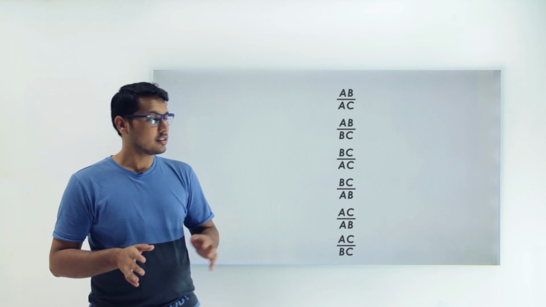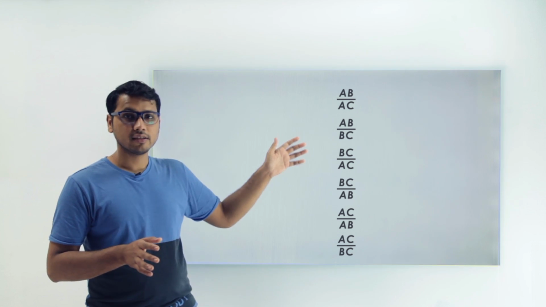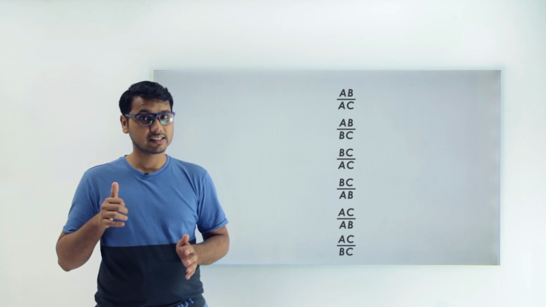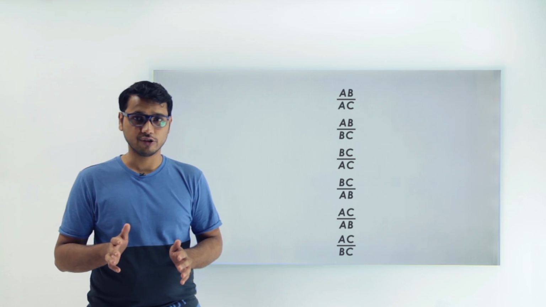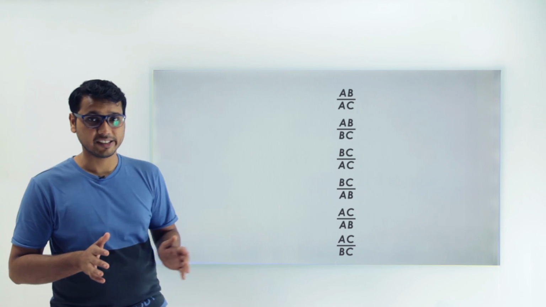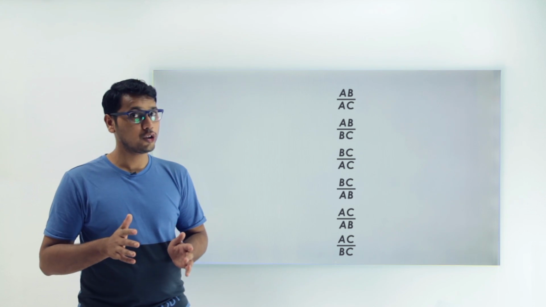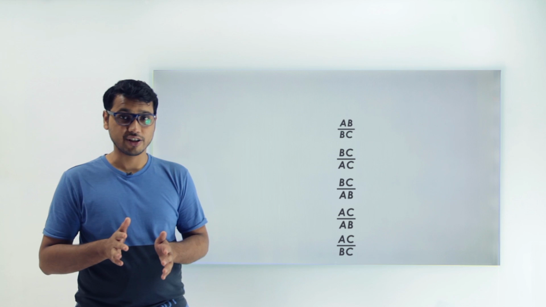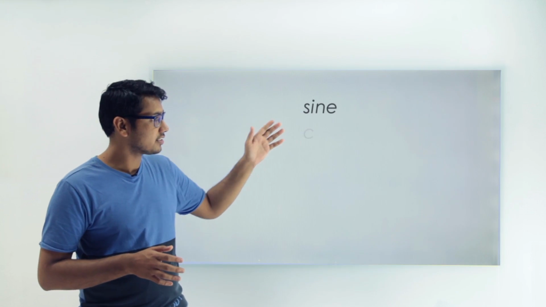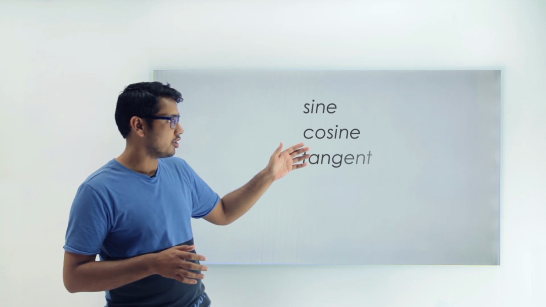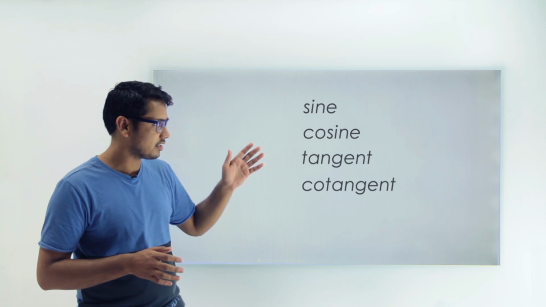So basically, since we have 6 ratios in all, we have 6 names for the trigonometric ratios, and we'll be studying those 6 trigonometric ratios and understanding how to apply them in any right angle triangle. So let's first see what are the names of these trigonometric ratios, and then we'll understand how to apply these ratios on different triangles. So first is sine, second is cosine, third is tangent, fourth is cotangent, fifth is secant,